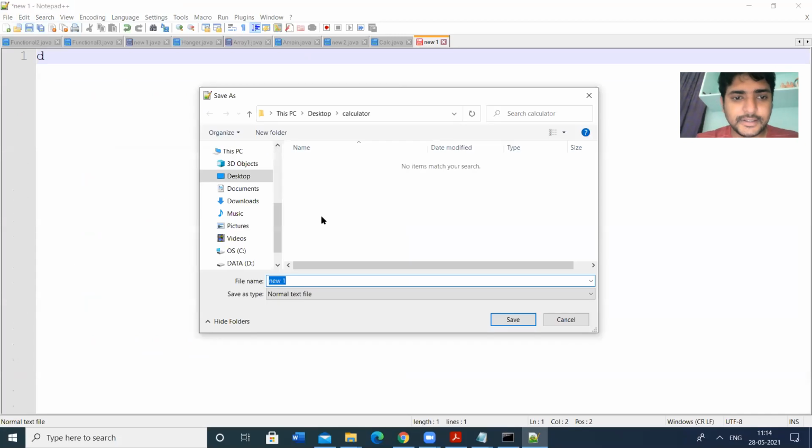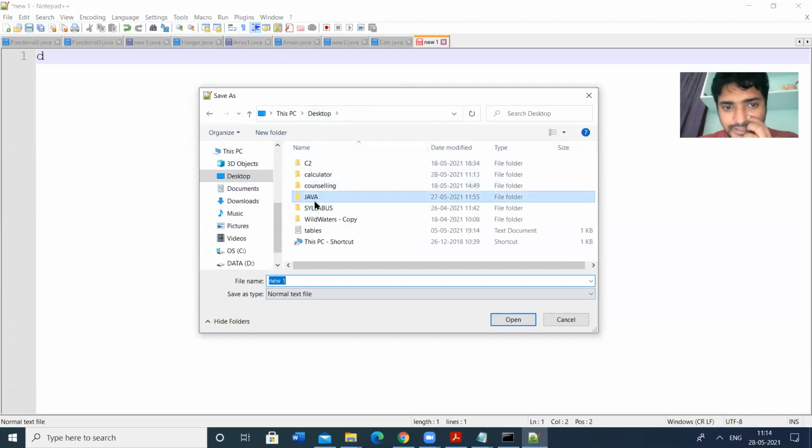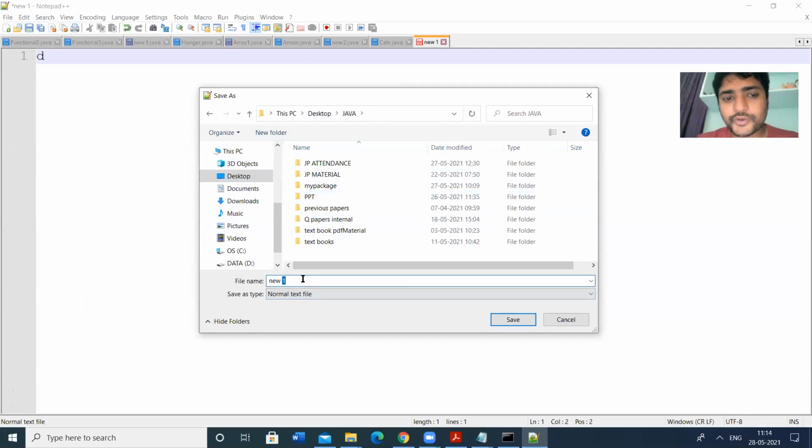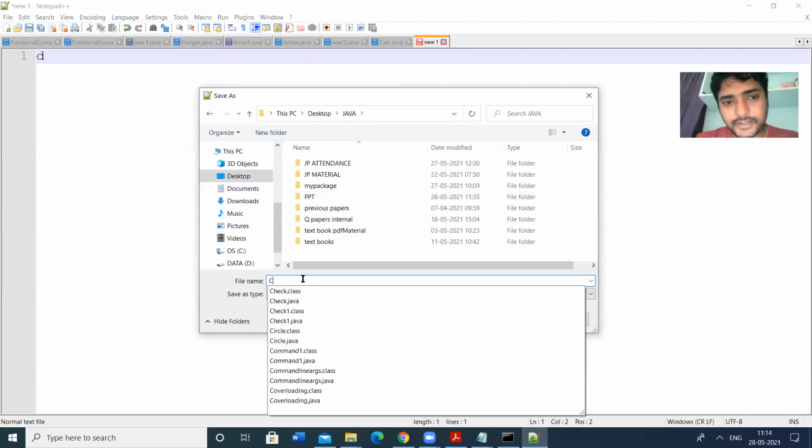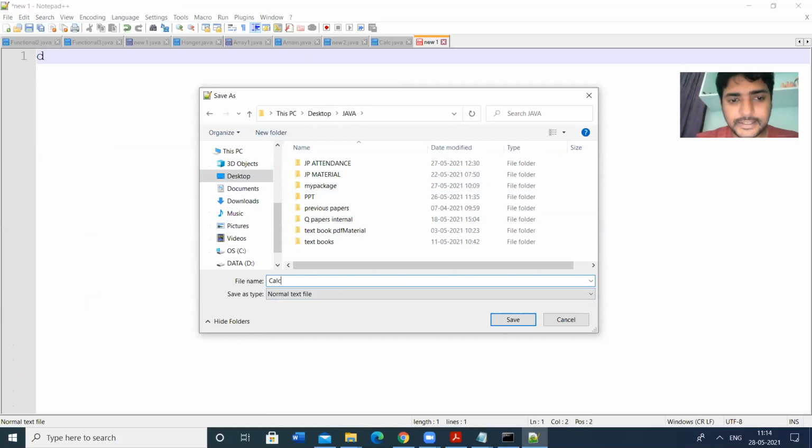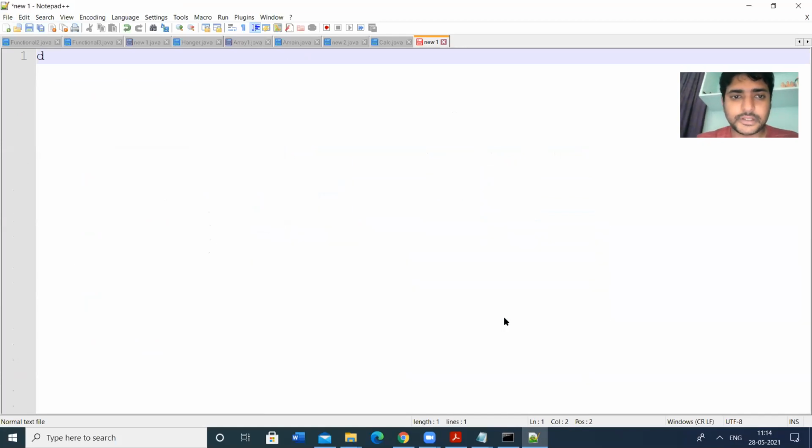Where do we have to save this one? In the desktop, we have the Java folder. So here I am going to save all the programs. So the main class name is, let us say, calc main. Save this one as calc main.java.